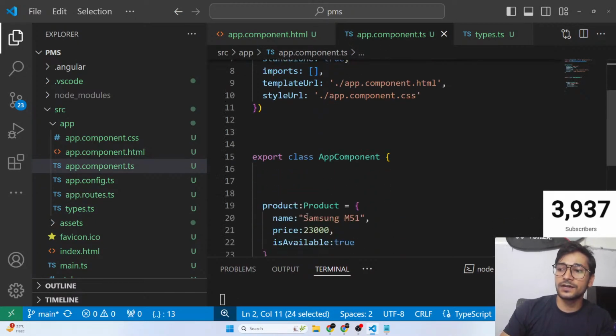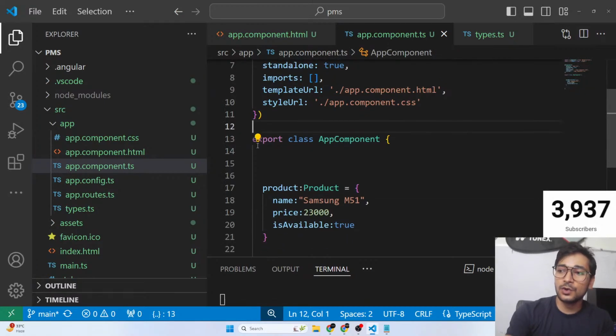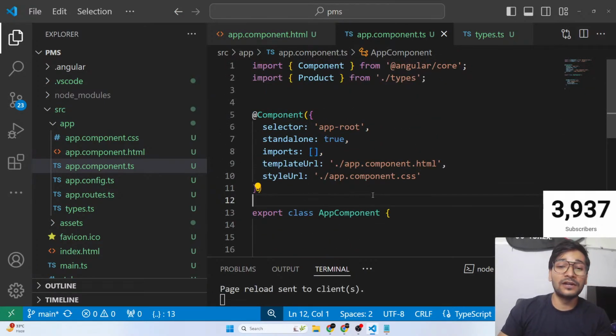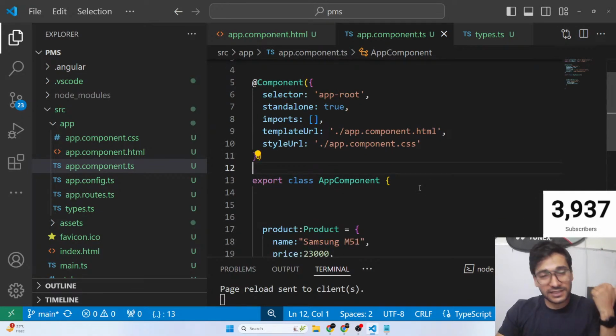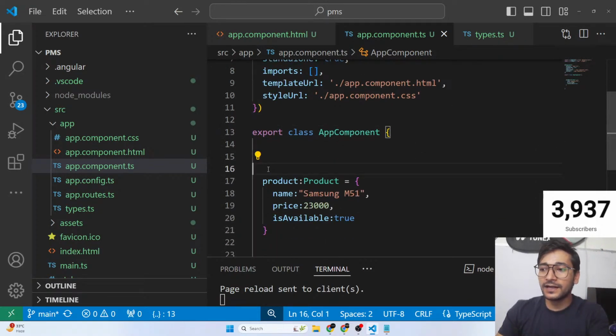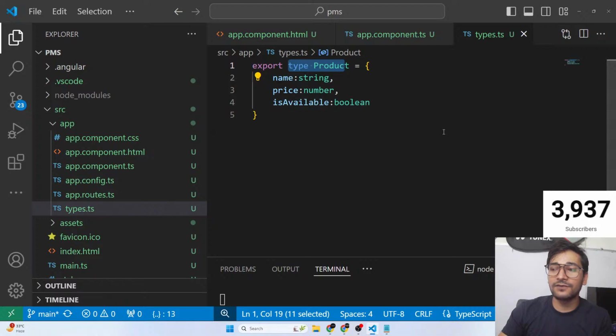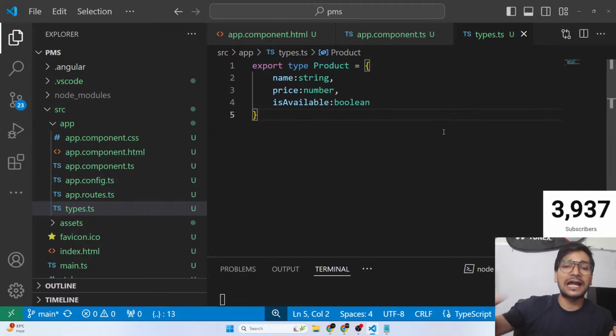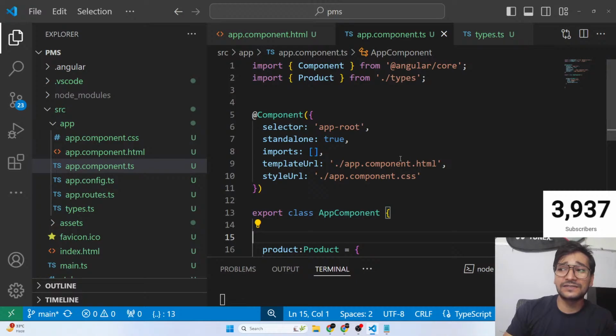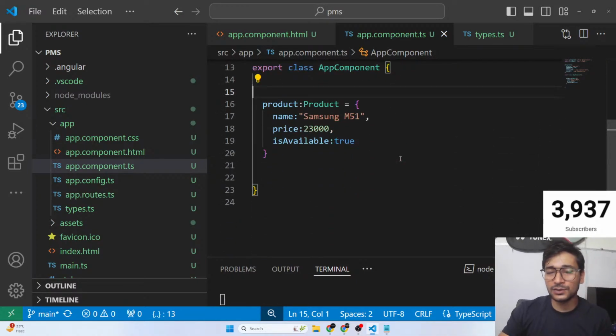And now see, you can use it. So now you are not making your component file look very bad. It's much more clean, right? So guys, I hope you have understood. This is what we'll do in future as well. We create a separate file types.ts, and from now on we can create our types here. We don't have to make our component TS file crowded. Is it clear, guys? So now, all set, all good.